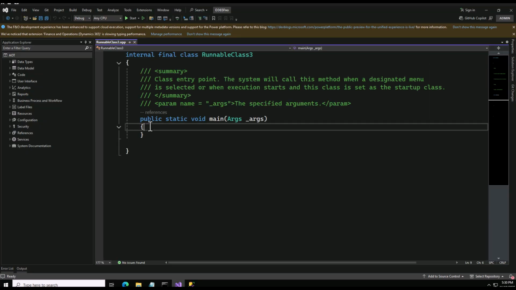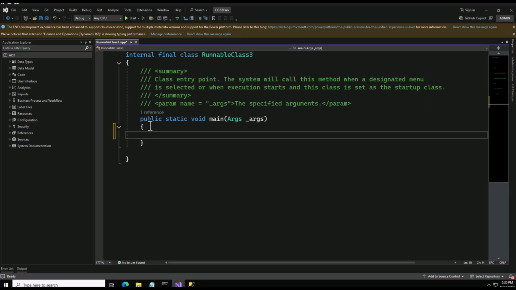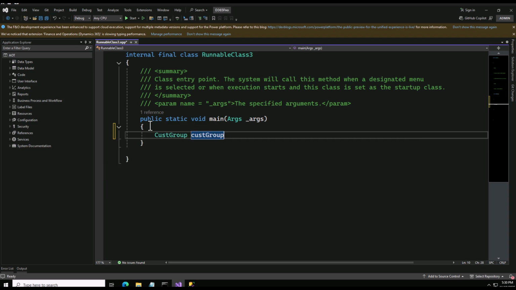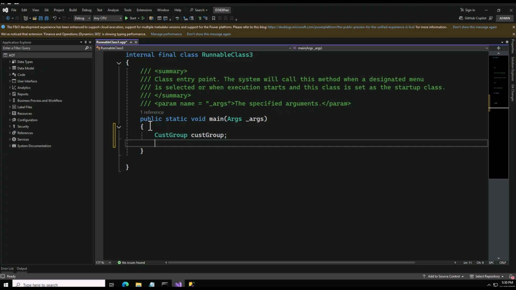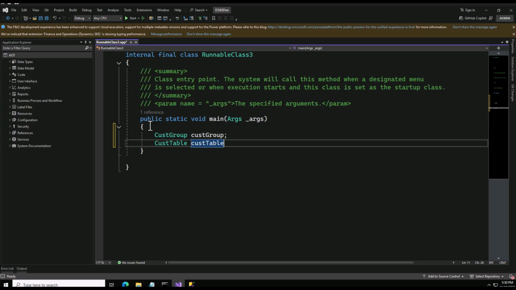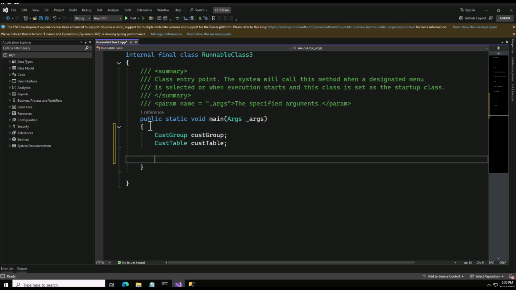Alright, so then my table is cursed group, where I need to copy the data. So I will simply write here cursed group, and then I want to copy that data from my cursed table, so I will define my cursed table as well. And we want to use this record insert list, and let me say record insert list,